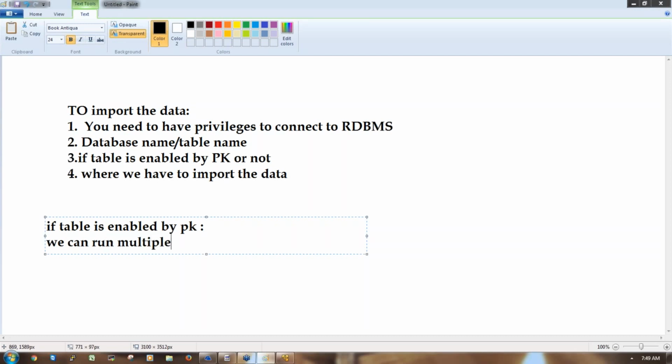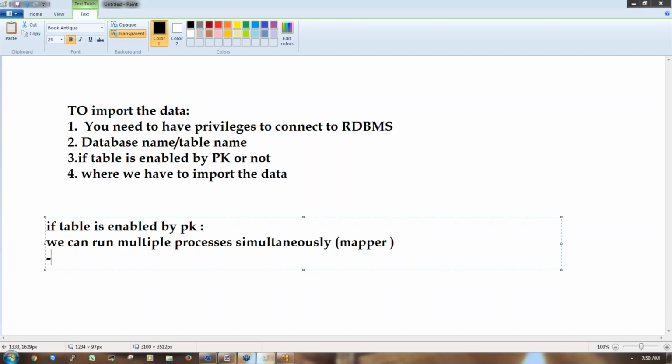Multiple processes here means we can run multiple mappers, that is, I can use -m 4. Four processes simultaneously go to the database and retrieve the data.